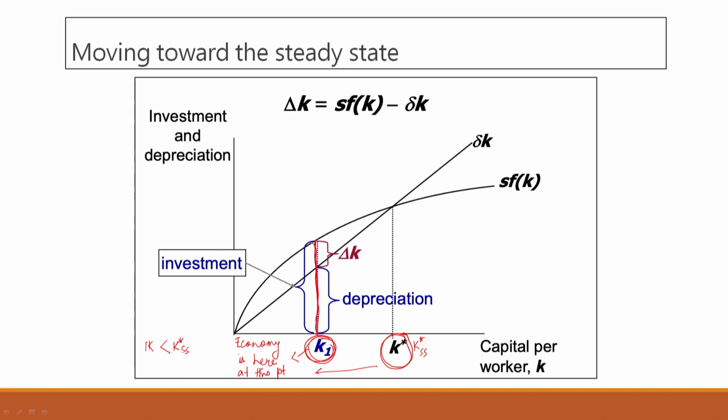This is measuring the total investment in the economy. How do we know that? Because this is touching this particular curve, which is represented by s f(k), which is nothing but our investment. So, in other words, we know that at the level K1, what is the total investment that is being made in an economy. Now, out of this investment amount that we see here, a part actually is for depreciation. How do we know that?